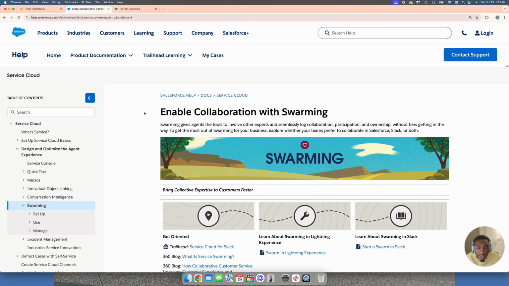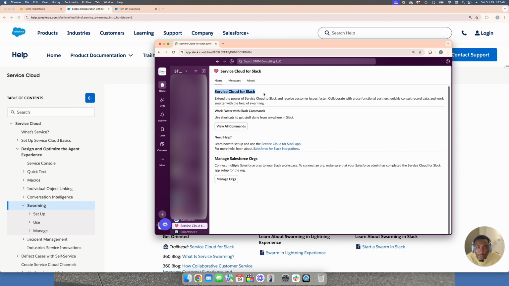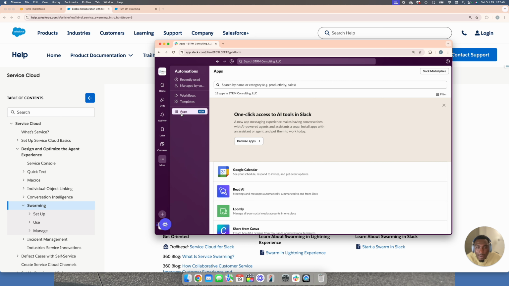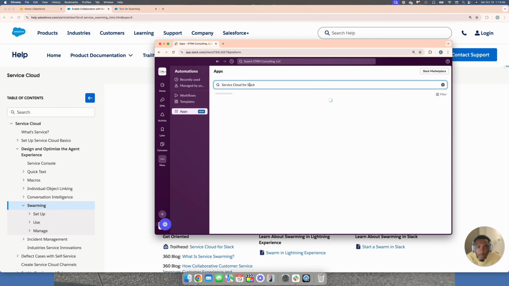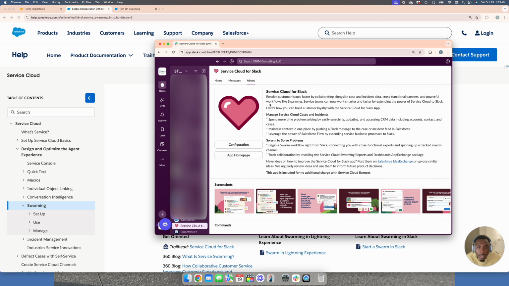First things first is that you want to get into your Slack environment. And within Slack, you want to make sure that you have Service Cloud for Slack enabled. So how would you go about enabling this application in Slack? You would just click More in your Slack environment. You go into Automations. You'll click Apps, and you'll have the opportunity to search for the app. We'll just search for Service Cloud for Slack, and then you'll have the option to enable it within your Slack